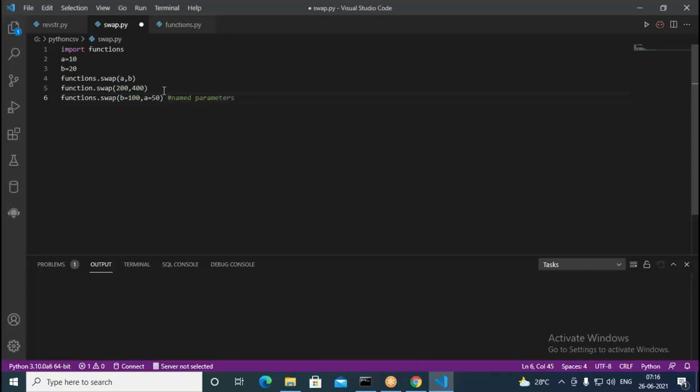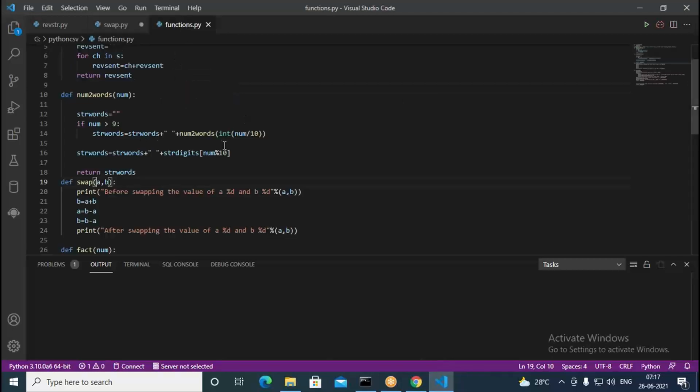And this is positional parameters, and this is named parameters. In the named parameters, we use the parameter name, whereas in the positional parameters, we use just the position.